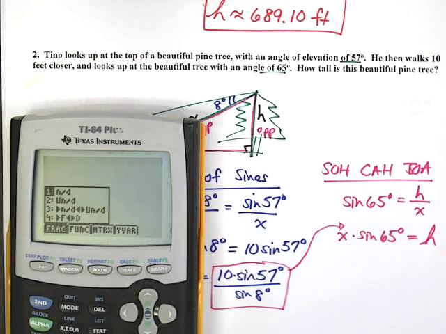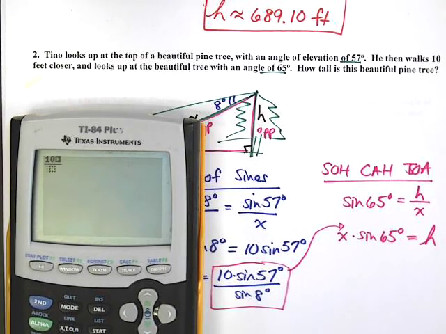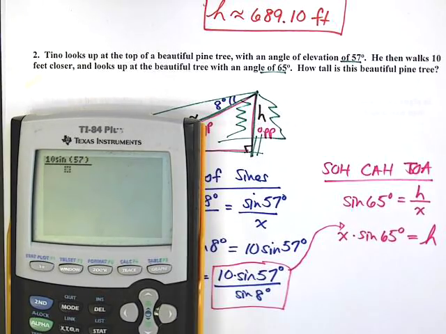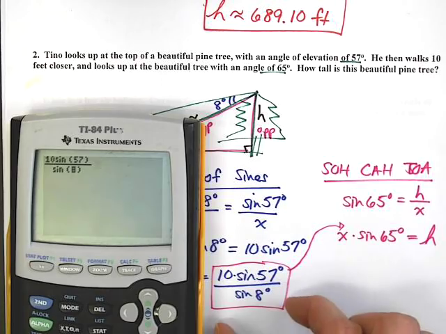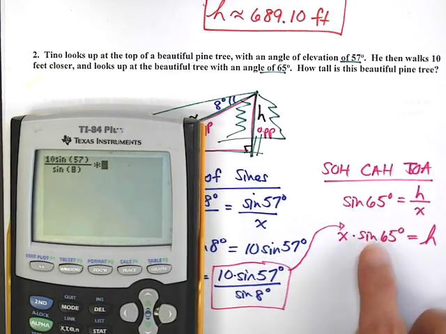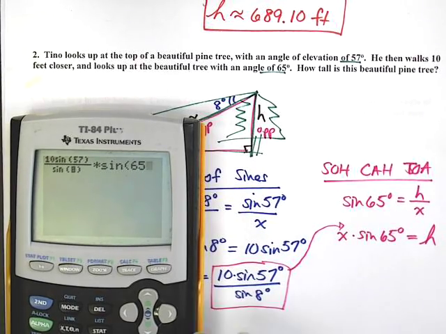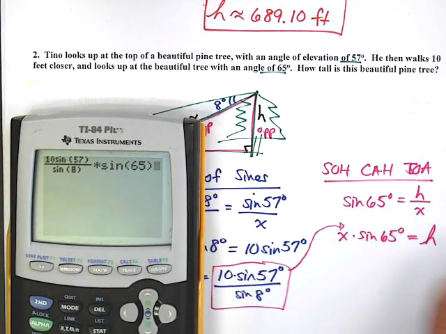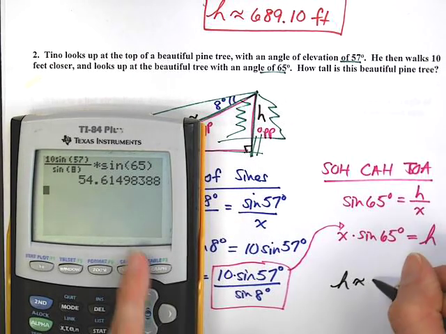If I use the alpha y equals, stuff is definitely easy. 10 times the sine of 57 divided by sine of 8. Okay. And you could hit enter, or you could say, let's times that. Let's multiply that by the sine of 65 degrees. Okay, so I haven't chopped anything until the very, very end, and the height for this problem is approximately